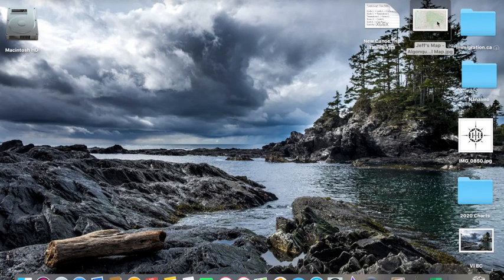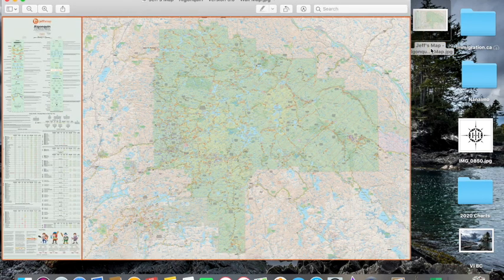Okay, so in this video I'm going to show you how I plan canoe trips in Algonquin Park. This video only describes how I choose the canoe route and subsequently determine how much travel time and distance will be involved each day. The first thing I do is open Jeff's map of Algonquin, which can be downloaded at